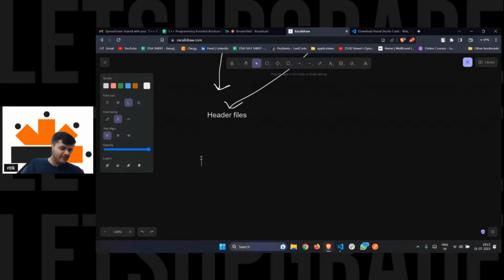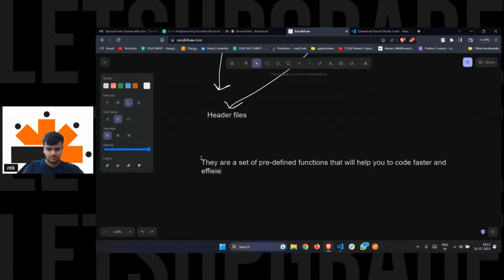You can think of header files as a set of predefined functions that will help you to code faster and efficiently, right?